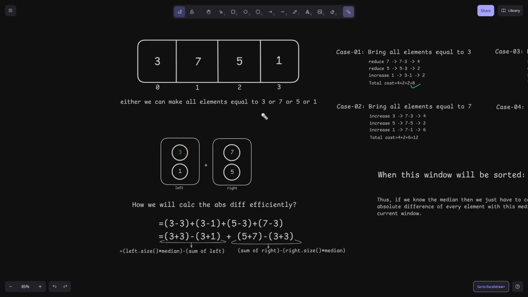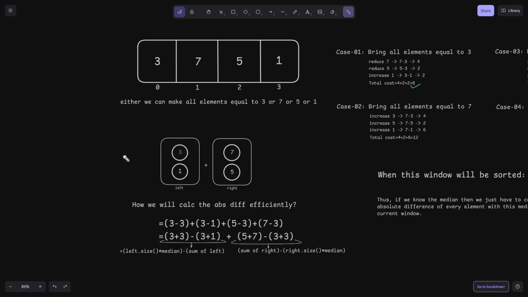So how can we do this efficiently? Let me tell you. When we calculate the median of the current window, it is calculated in such a way that at last the left and right multisets will look like this, right? Since the number of elements here is even, two elements will be present in this and two elements will be present in this. And in sorted order the elements are 1, 3, 5, 7, so they are present in this order only, that is 1, 3, then 5, 7. And out of this, one is my median element,